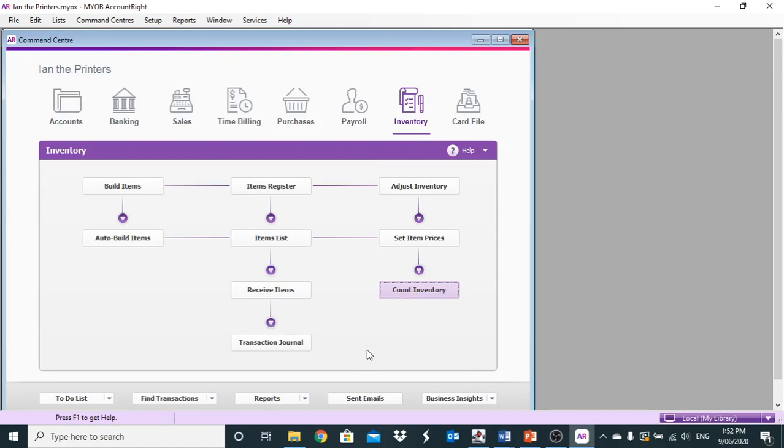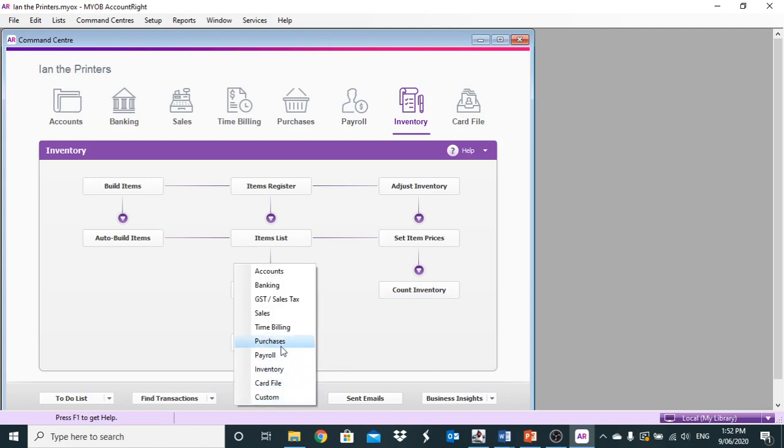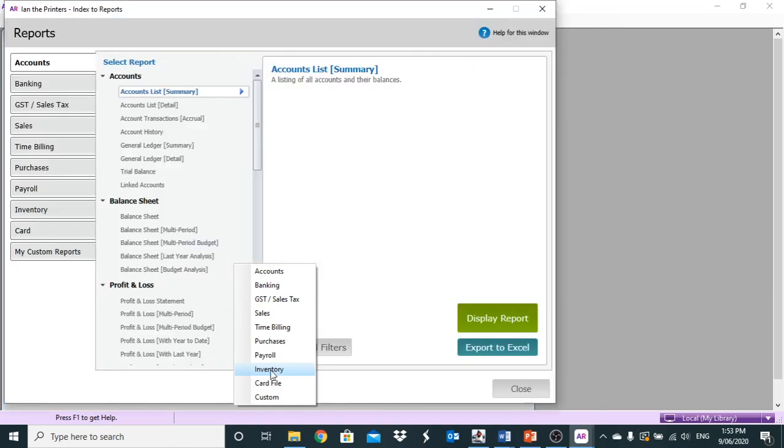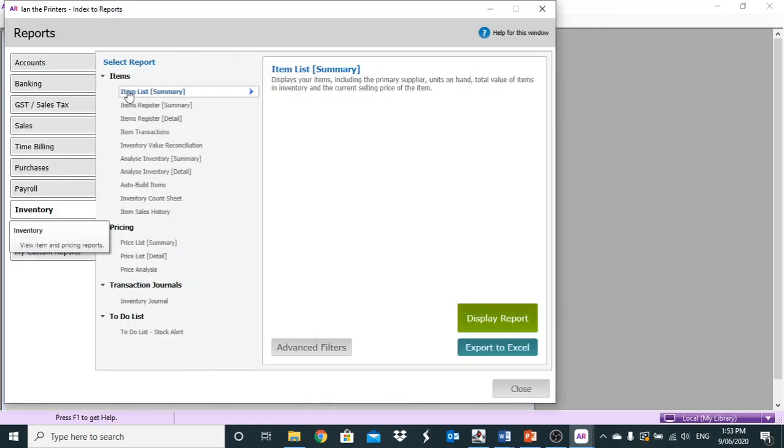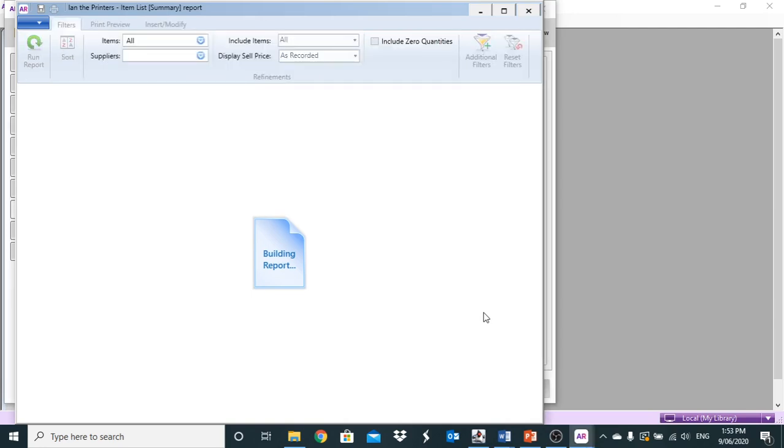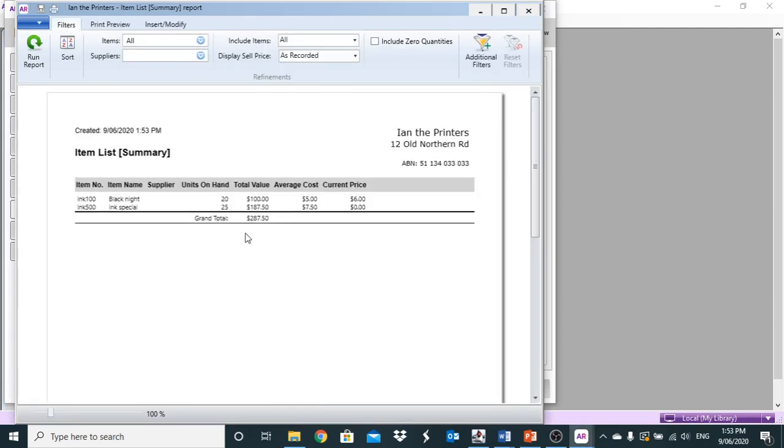Once you've done that, you'll need to check your report to make sure it's accurate. So you'll go to reports over here, and you go to inventory. And you'll go to your first items list summary inventory report and hit display. Now what you should see is a total inventory asset value of $2,055. Now I'm only going to have 2, so I'm only going to have 187. That's fine. You should see 2055. So enter all that in, and what I'll do is once I've